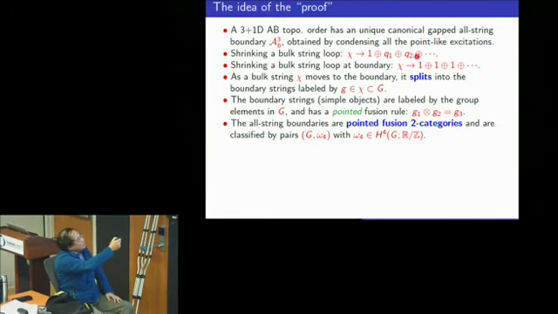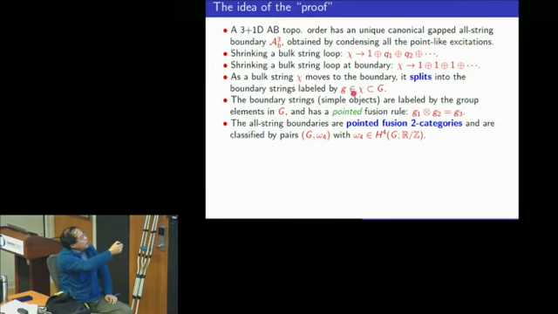Okay, so this became a key step. That is, by condensing all the particles, one can obtain this O-string boundary. And then on this O-string boundary, we can use this shrinking operation. In the bulk, when you shrink a single loop, you may get some particle, either trivial particle or some other non-trivial particles. However, on the boundary, because all the particles condensed become trivial, when you shrink a loop on the boundary, you can only get a trivial particle. There's no other non-trivial particle.